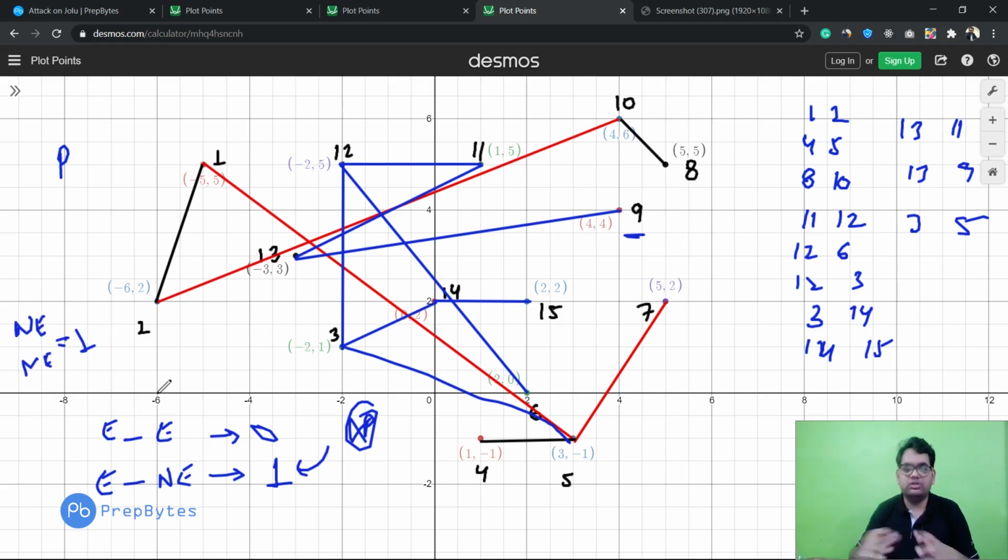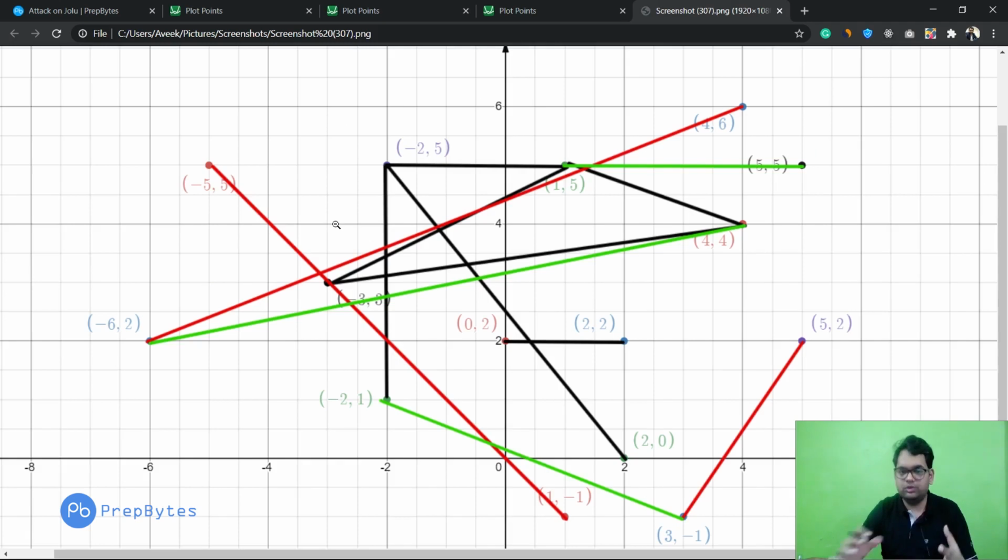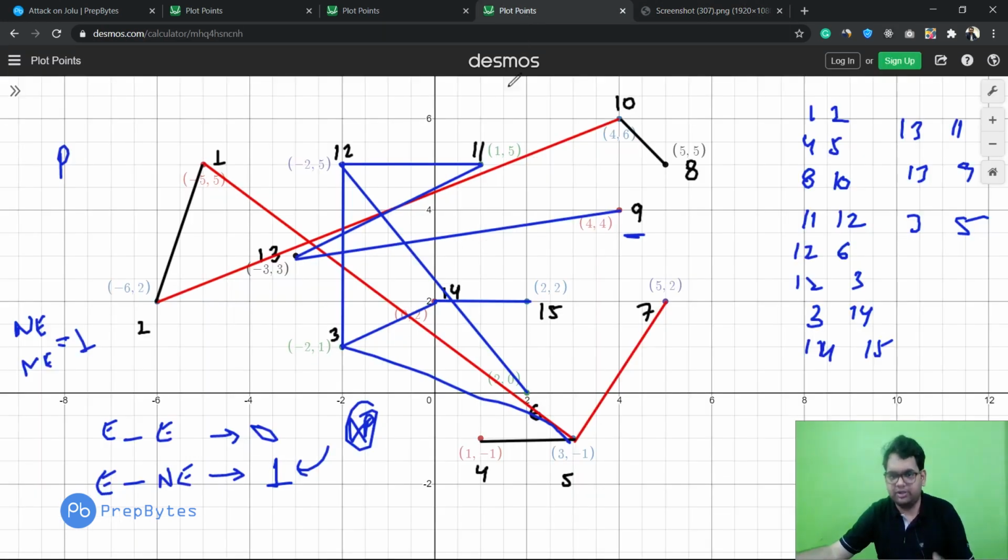So using convex hull, MST, and DFS, this question will be solved. Some points to be taken care of: there are roads that we need to block, so the blocking cost is 0. We can delete the edges whichever edges we need to. If there is any edge that is crossing the boundary, obviously we will delete it. And if there is any edge that we do not need in an MST, we can delete it. That depends on the implementation.